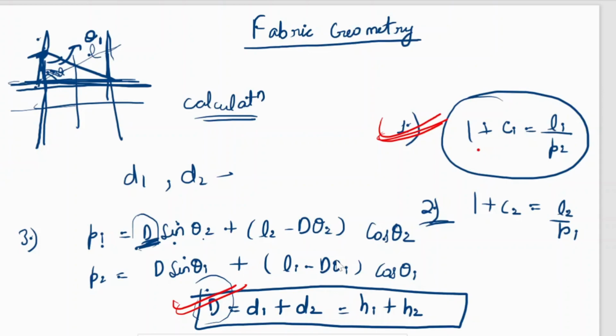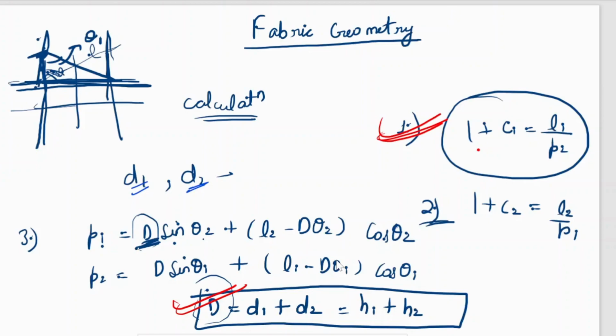And all these things. So what is the crimp percentage, and everything we discussed about what is the EPI, what is the PPI, the yarn to yarn spacing, and all these things are calculated here. So in this there are many results. If I say about the